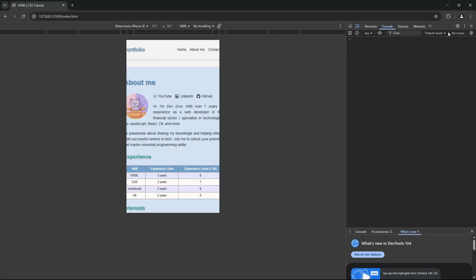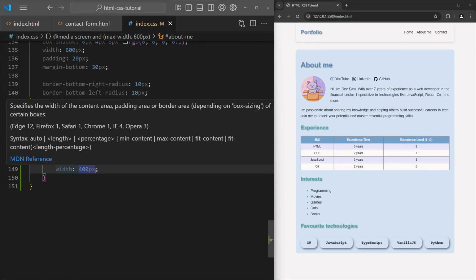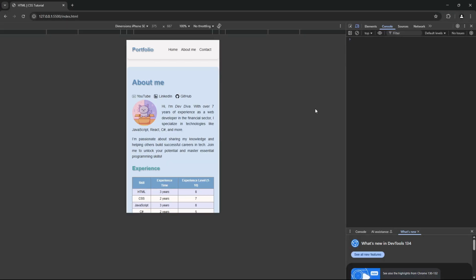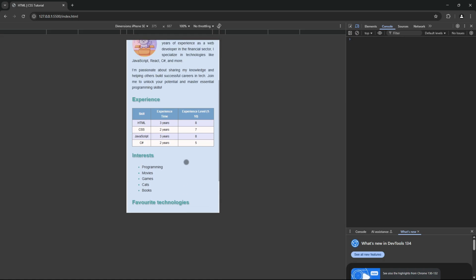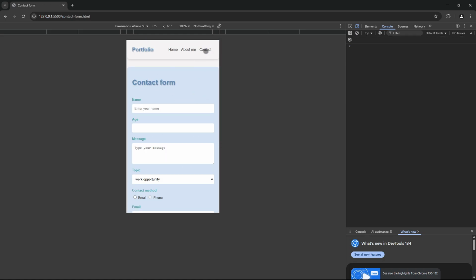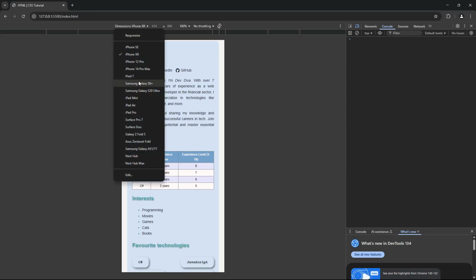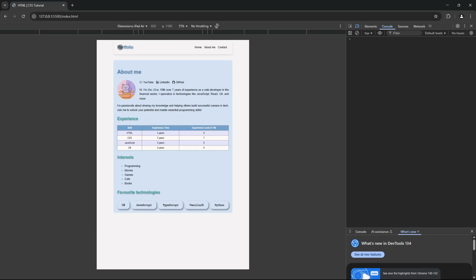It still looks a bit too wide, so let's make it 330 pixels for better readability. So now our page seems to be fully readable on even the smallest iPhones and other mobile devices. You can also use other conditions like min-width to adjust the layout for bigger screens.